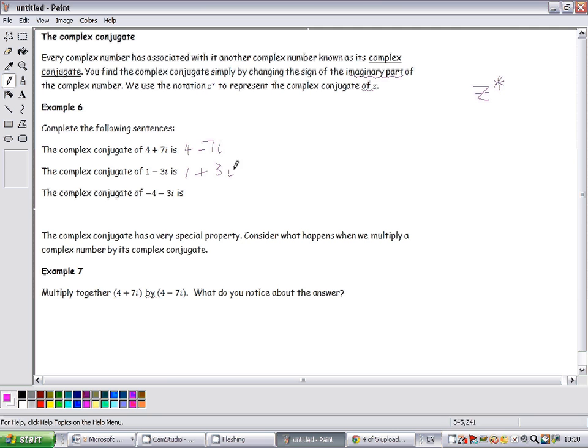And resist the temptation to change the sign on the real part. The conjugate of minus 4 minus 3i is minus 4 plus 3i. The sign on the real part doesn't change. And there's something very important about a number and its conjugate, and that's what we're going to look at in example 7. So when we multiply them together, 4 plus 7i and 4 minus 7i,